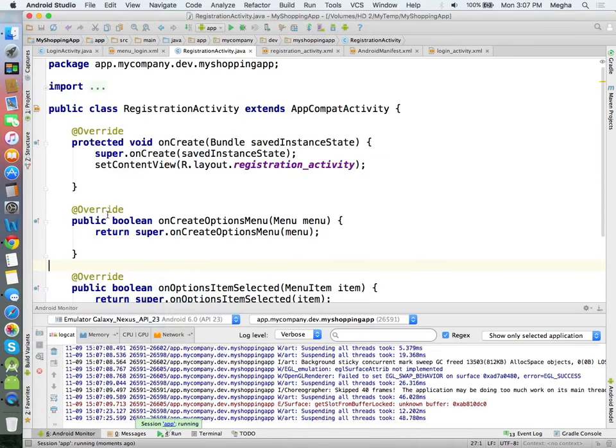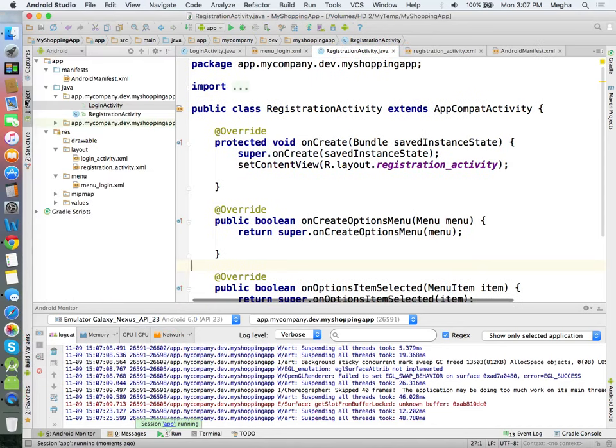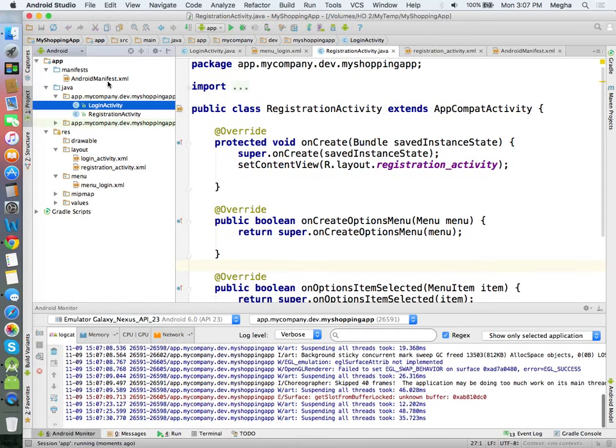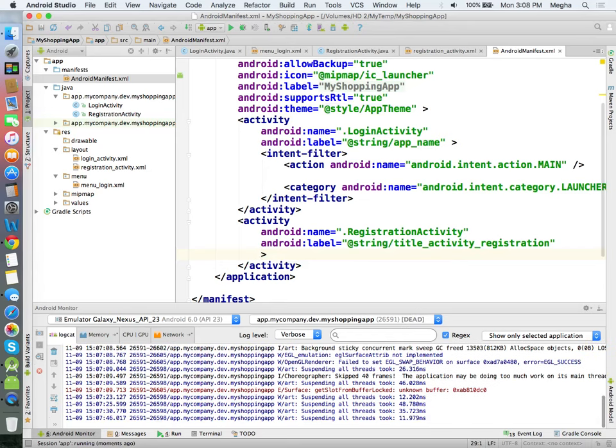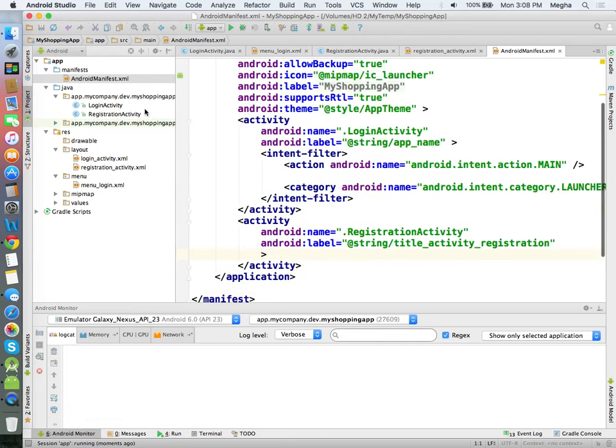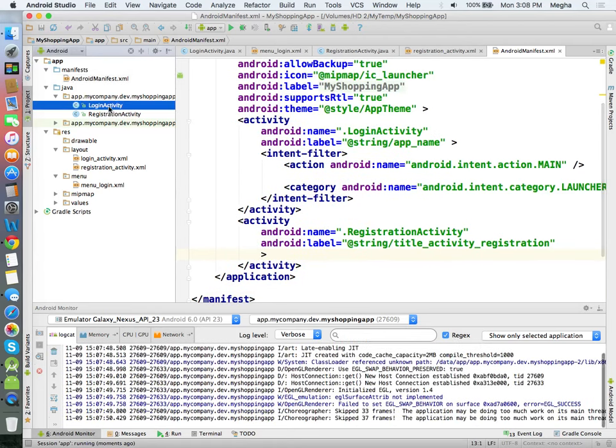If the action bar doesn't appear, we have only one choice: going to the manifest and adding the theme. But let's wait. Oh, here, because of this reason. Oh my God. So this one removes the action bar. I just remove the whole thing, so it will make sure the action bar appears over there.